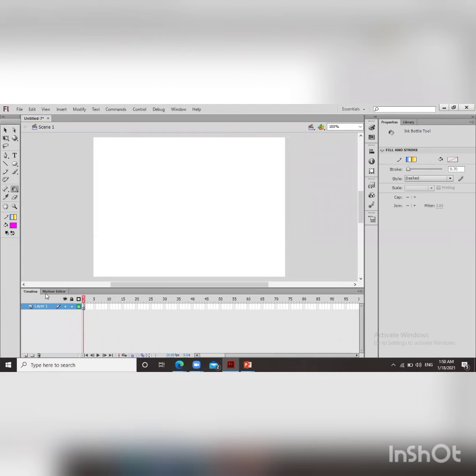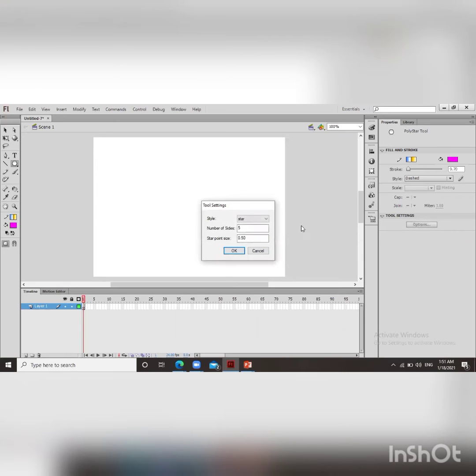So this is the timeline, and you can look at here. The timeline is divided into a number of frames, and by default there is one keyframe at 1. Now I'm making one object or one shape. I'm making a star, so I have chosen the polystar tool.